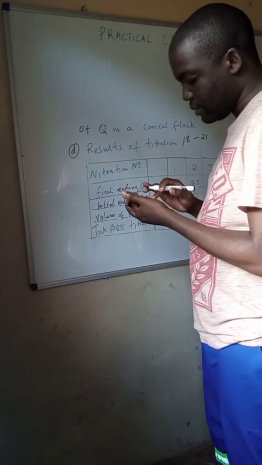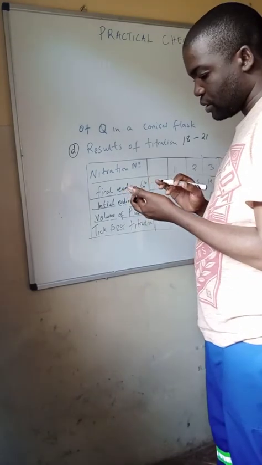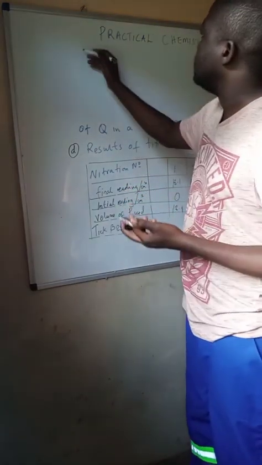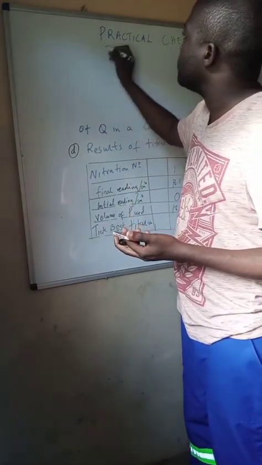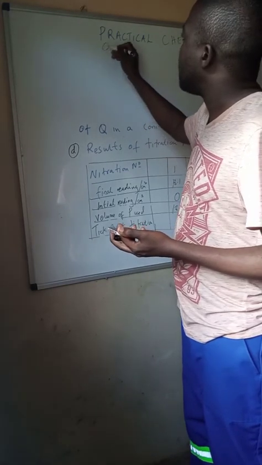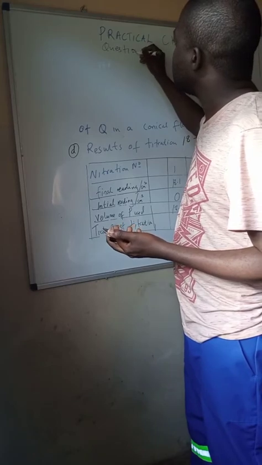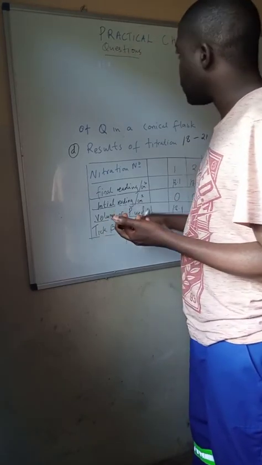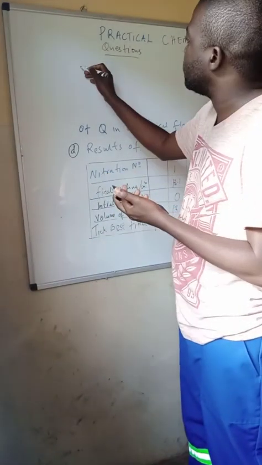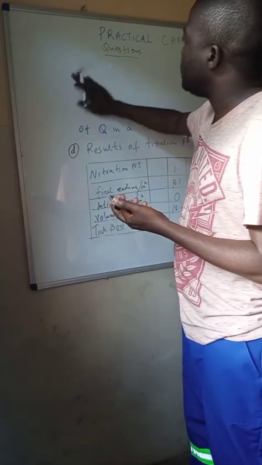These are now the questions. Okay? These are questions from this box. Question 1 is,